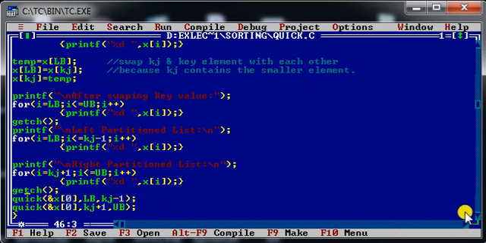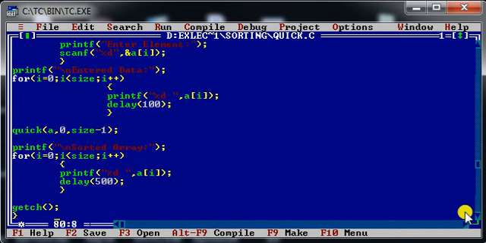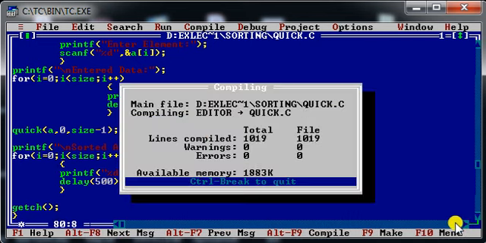Similarly, I am again calling my quick function. It means I am recursively calling the quick function for further processing. As I told you earlier, you can simply write x also over here. So as you can see, the quick sort algorithm is a recursive algorithm in which it recursively processes the left and right partitions until we find the sorted array. And at the end I am printing the sorted array in my main method. So let us try to execute the code.